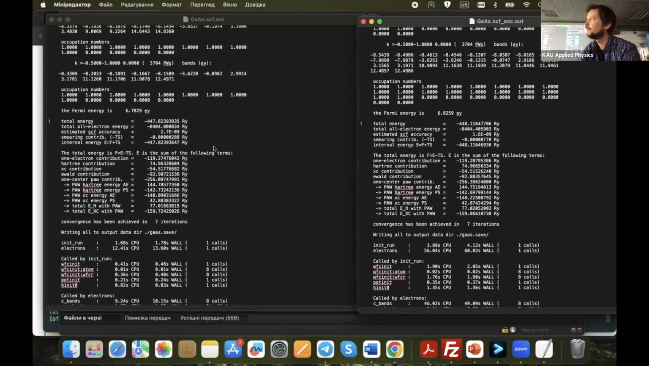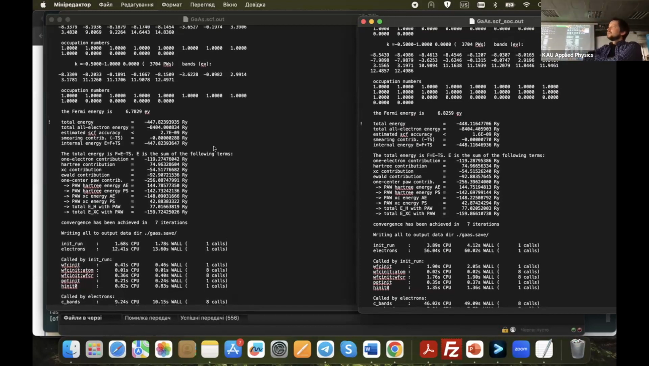Yeah, not so hugely. Okay, then we see the difference in Fermi energy. It's also not so huge. Yeah, and the difference in total energy. Total energy is like 447 Rydberg, and then 82, and here 1. So we see, and here is